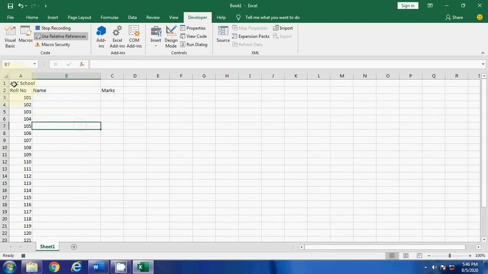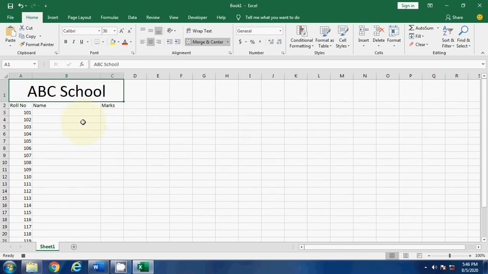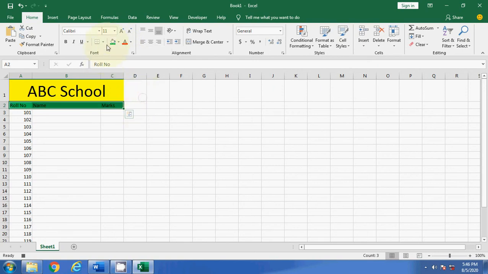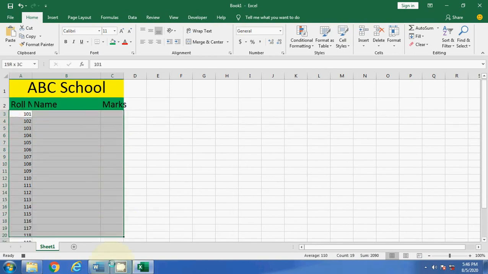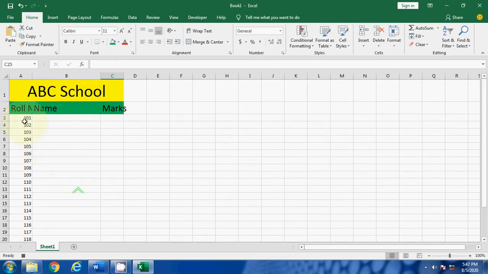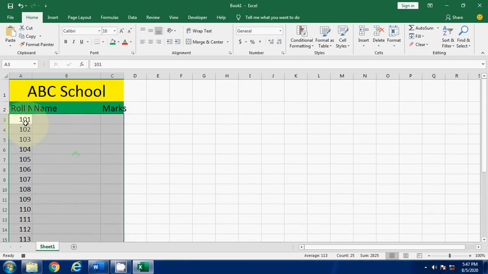Now I want to apply formatting. I have selected this cell and I am applying merge and center. Now I want to change the size. I have changed the size, and I want to apply this color. Similarly, I want to apply green color here. Font size should be 20. And for the rest of the data, whatever data the teacher will type, it will come in size 16, suppose. So here 16. And now I want to apply a border also.